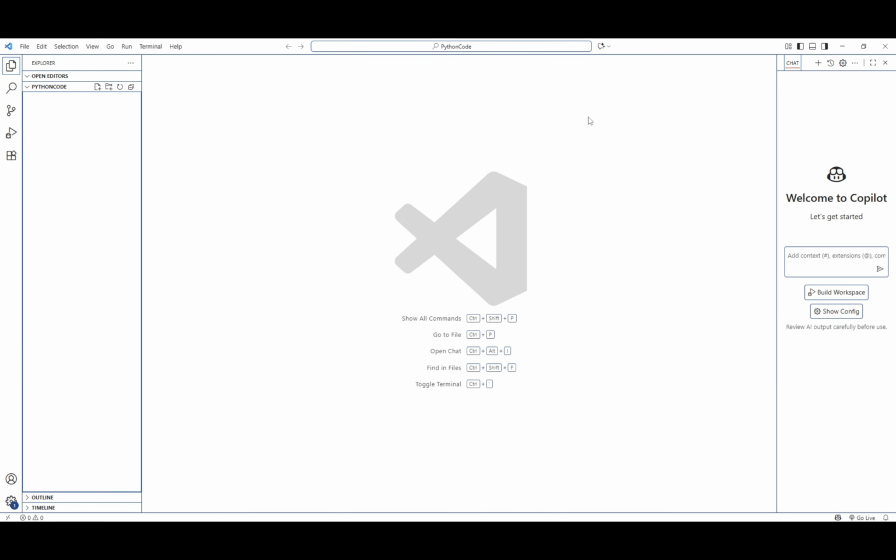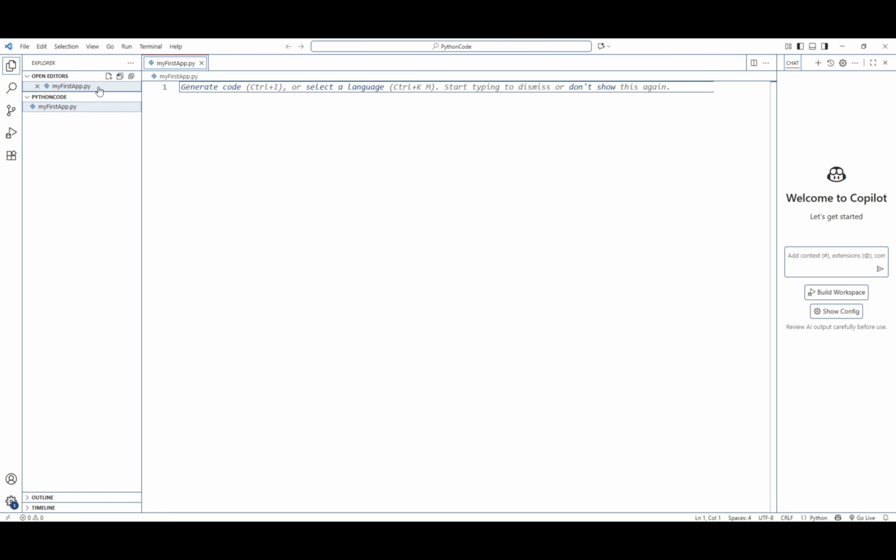So we've got a folder. The next thing we want to do is create a file within that folder, and we do that by clicking this icon here, new file. We're going to give this file a name, and let's call it my first app. And we're going to give this an extension of py. So Python programs traditionally have the extension, those are the characters after the dot, and Python programs have this py extension. Let's hit return on that. We'll ignore that message,